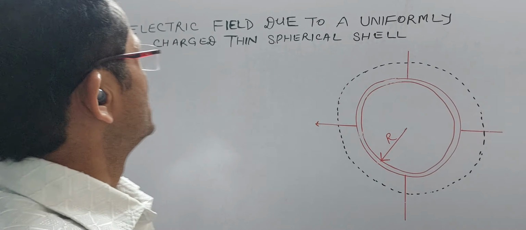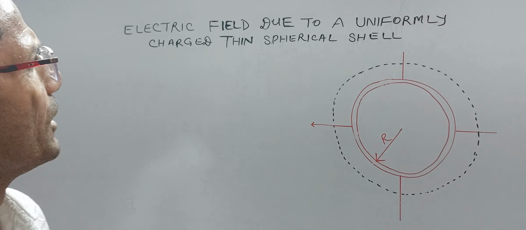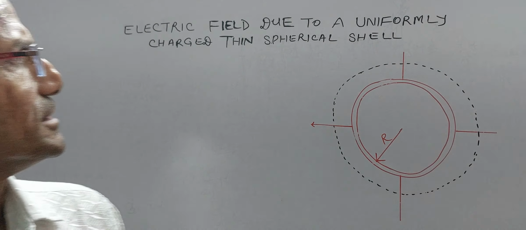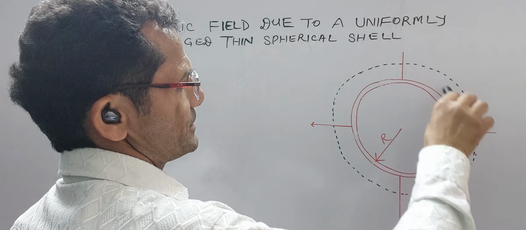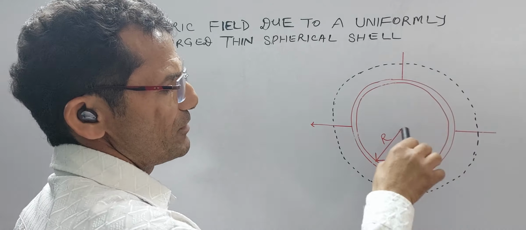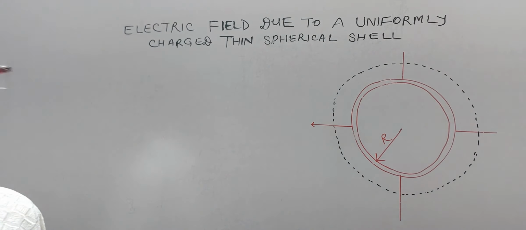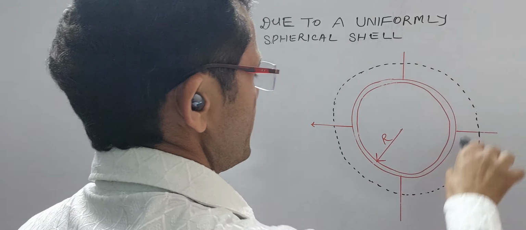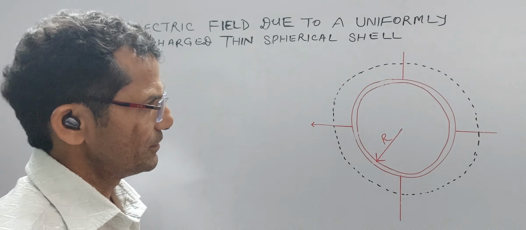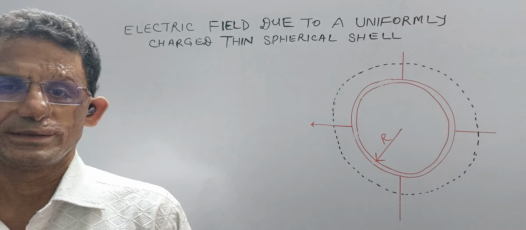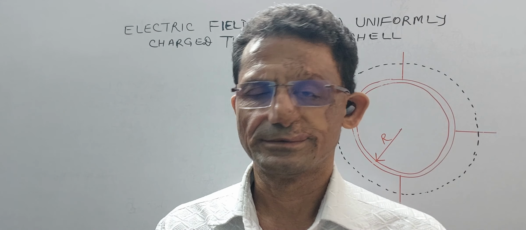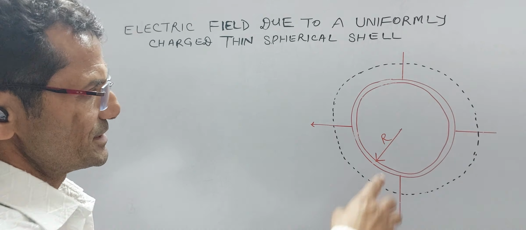Now this is the topic: electric field due to a uniformly charged thin spherical shell. This is our spherical shell. It will be hollow from the inside, and it is charged uniformly. This is the important topic we can use to find the electric field at a distance r from the center of this